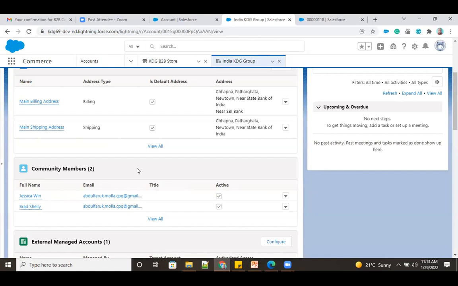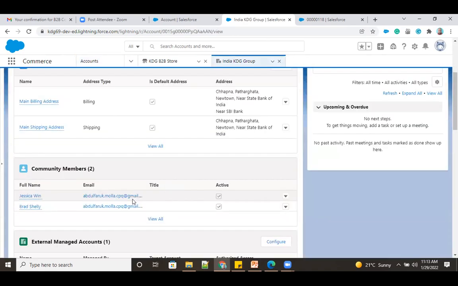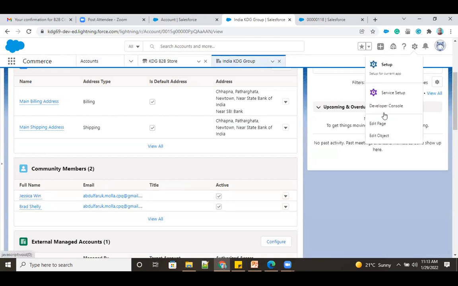Next step is you have to create a particular account similar to that. Just like I have created India KDG group and Europe KDG group. As per your requirement, you can add your particular account. Only one thing I have added here for buyer account information. So if you click on the edit page,